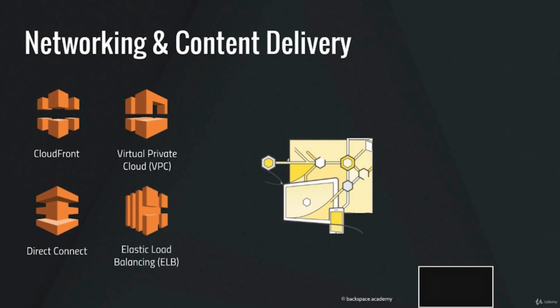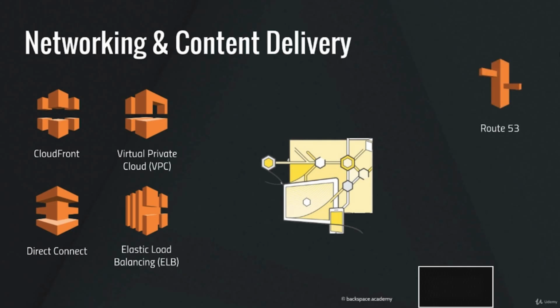AWS Elastic Load Balancing, or ELB for short, automatically distributes incoming traffic for your application across multiple EC2 instances and also in multiple availability zones. So if one availability zone goes down, the traffic will still go to the other availability zone, and your application will continue to deliver responses to requests. It also allows you to achieve high availability and fault tolerance by distributing traffic evenly amongst those instances, and it can also bypass unhealthy instances.